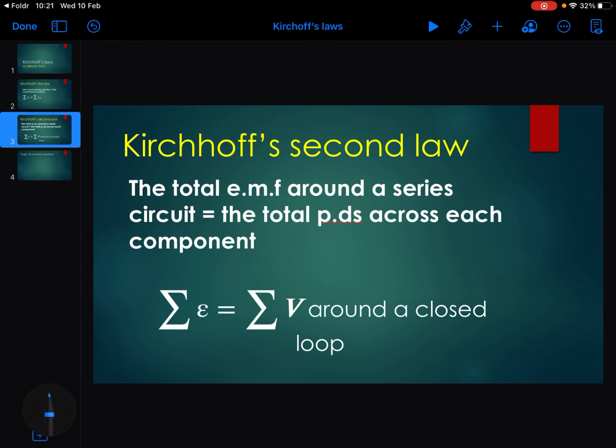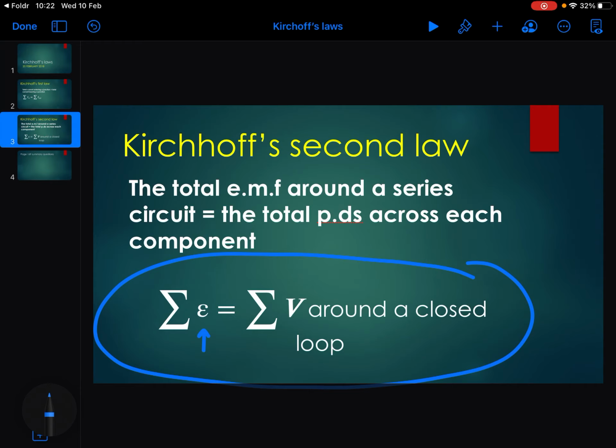Second law, the total EMF around a series circuit equals the total potential difference across each component. Now, I've put it slightly differently here. You can see again that little E is EMF if you remember, V is potential difference, and it says around a closed loop. Now that idea of a loop is very, very important. We're going to spend quite a lot of time practicing this one because it's all about getting you used to spotting loops in circuits. But from that you can basically figure out that in series the potential difference is split,